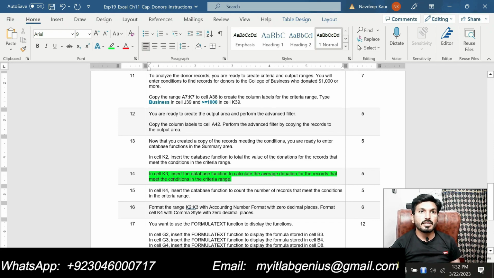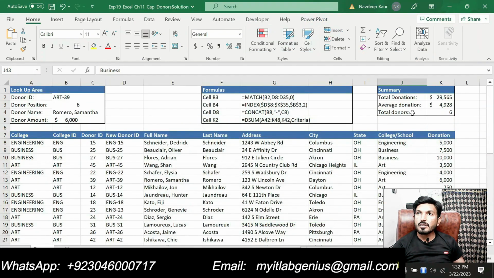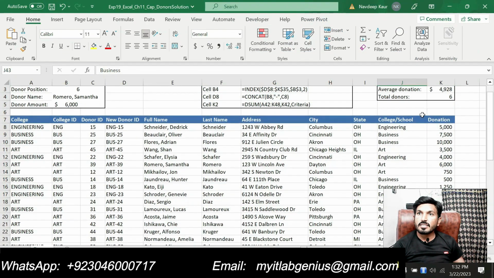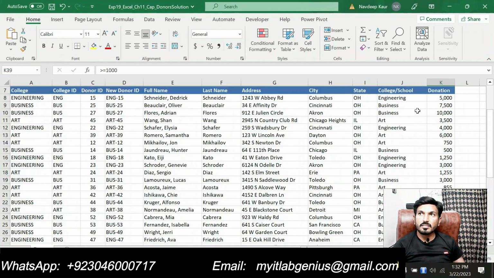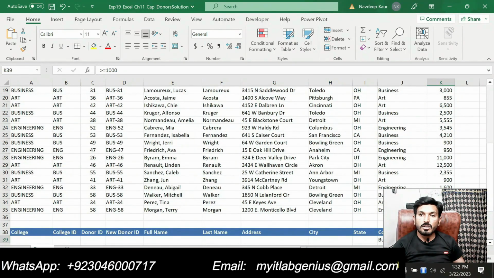The criteria range is that it should be College of Business and the donation amount should be greater than or equal to 1000. I have already done this step, and I got the average donation for that criteria. So I have solved this one.